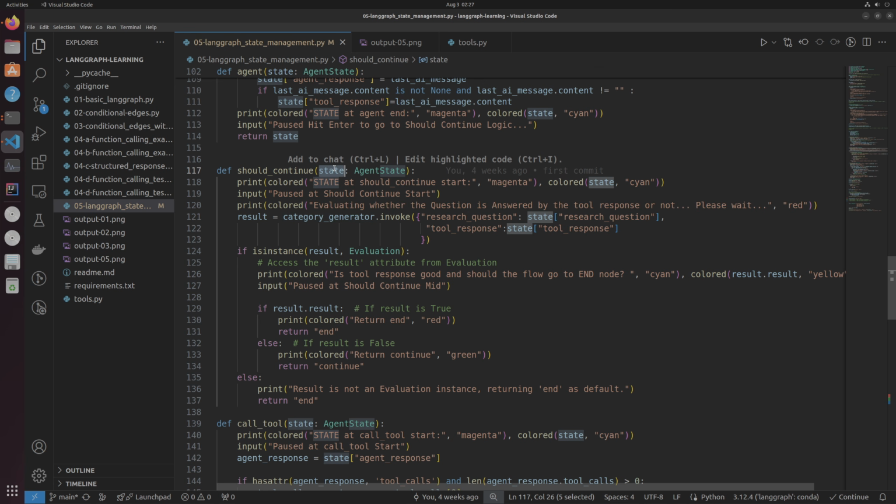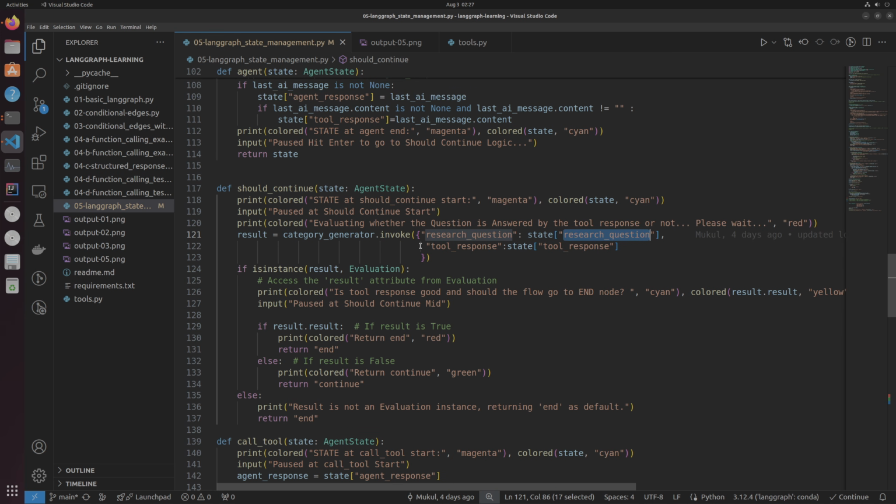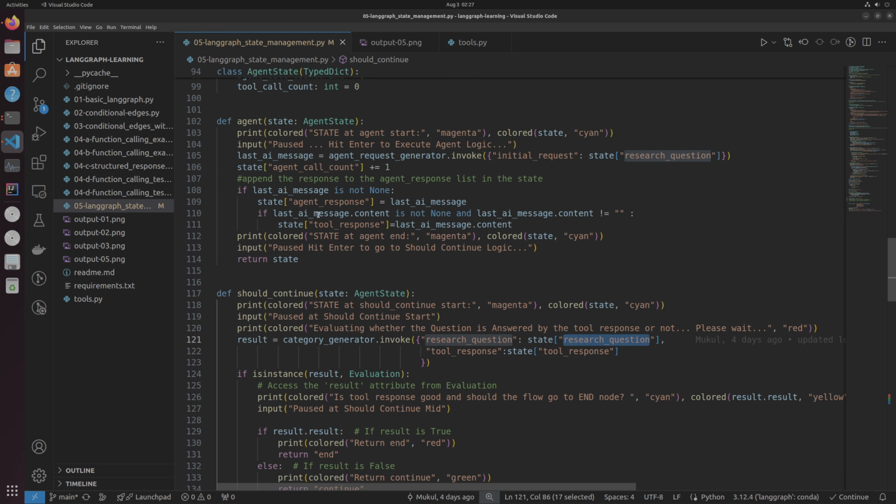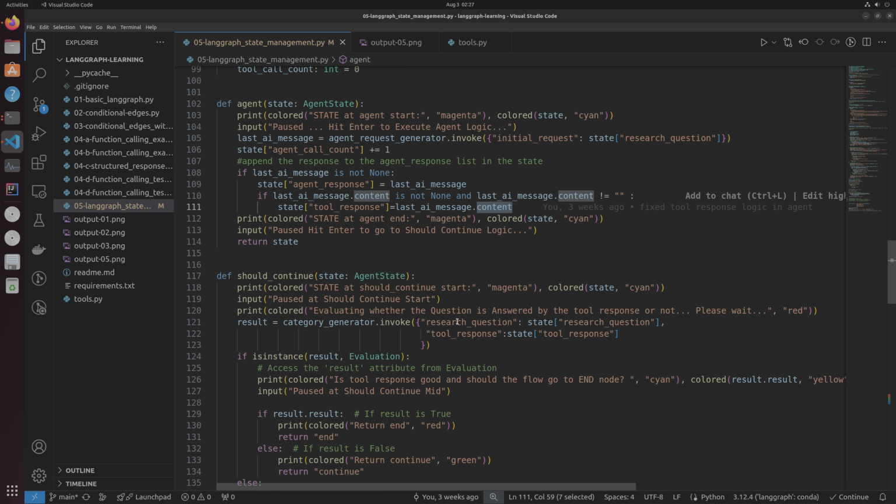So when we are taking the state from there, we are trying to extract two different things. We are extracting the initial question, which is the research question, from the state, and we are also extracting the tool response, right? The tool response was set in the previous agent in the state. So we set the tool response based on the last AI message's content. And if the tool response was set over here, then we take the initial question and the tool response,